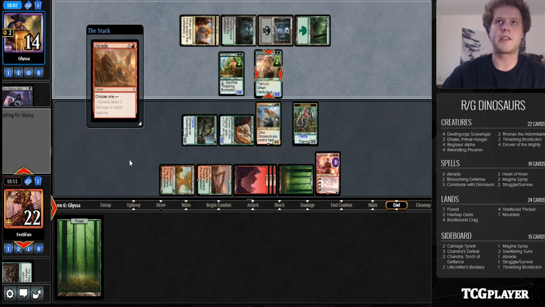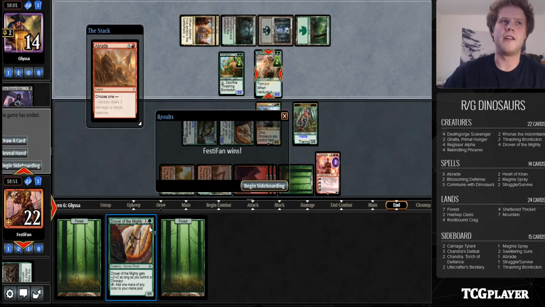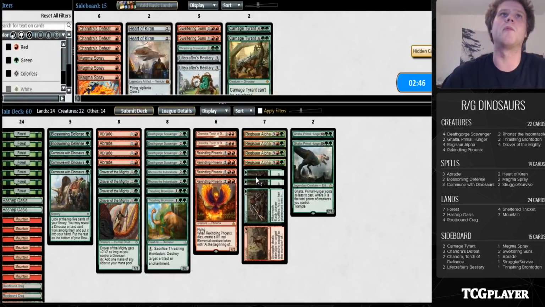End step, we're just going to braid that Gear Hulk. See if maybe we can just kill him with a Fortunate. This is about time for Ghalta, right? Would it have been there? No. Actually, we weren't in that great of a position. I think that was a premature scoop on his part. I mean, obviously depending on what he has, but...